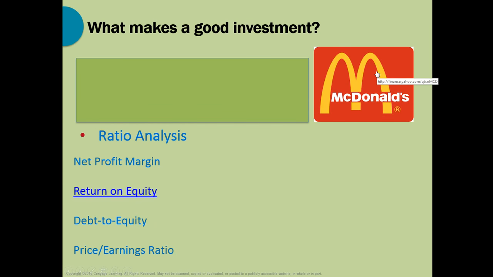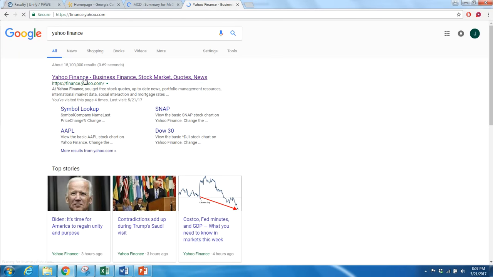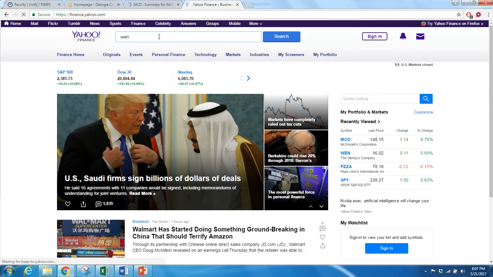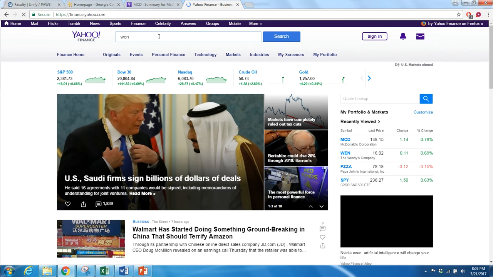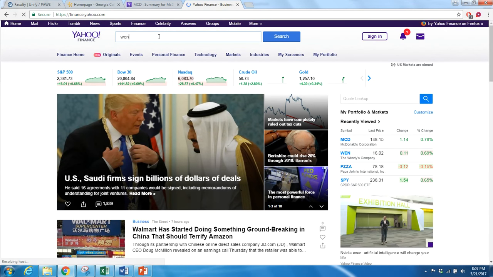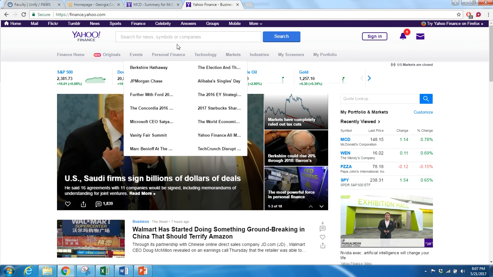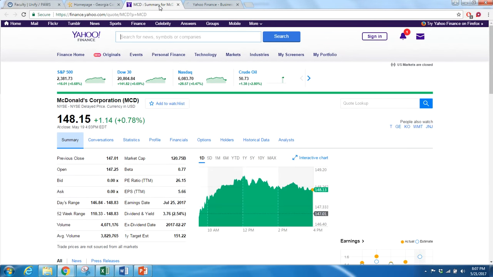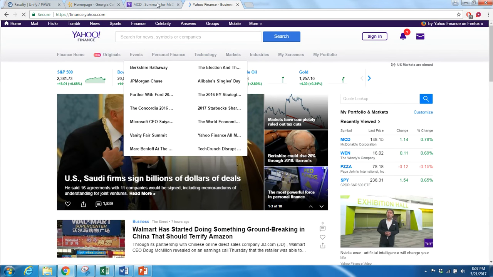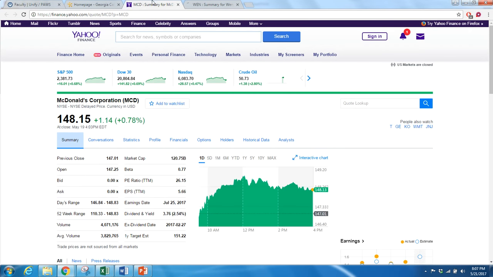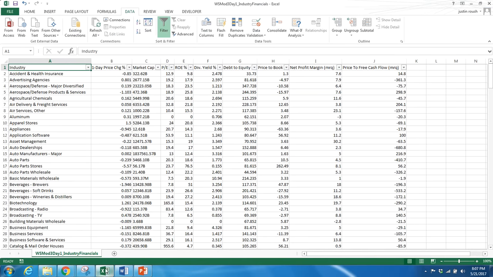And we're going to look at it through the lens of McDonald's. So let me get them pulled up. Let's also get Wendy's up here for comparison. So I'm using Yahoo Finance. You guys are going to use Yahoo Finance in your workshop, and it holds a wealth of information about firms. All right, so there's McDonald's, and Wendy's should be loading at some point. There we go. Okay, cool. And the third thing I'm going to reference is this spreadsheet where I've downloaded a bunch of industry